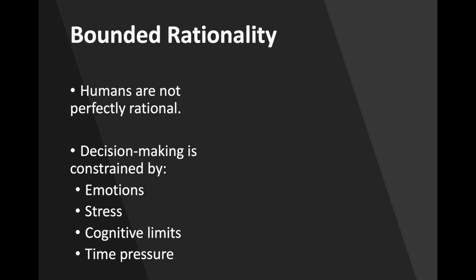Cornish and Clarke recognized this problem and argued that offenders engage in what Herbert Simon called satisficing rather than optimizing. Satisficing means that individuals often seek decisions that are good enough rather than perfectly optimal. This means that offenders rarely possess complete information about police activity, sentence structures, witness behavior, or future consequences. Instead, they try to make decisions using partial information and rough judgments. Now, bounded rationality also helps explain why deterrent effects are often inconsistent. If offenders misperceive risks, overestimate rewards, or heavily discount future punishment, then increasing legal penalties may have weaker effects than classical theory predicts.